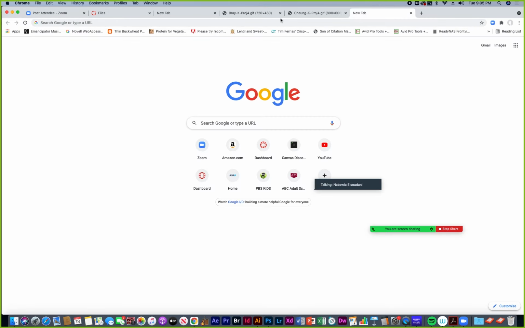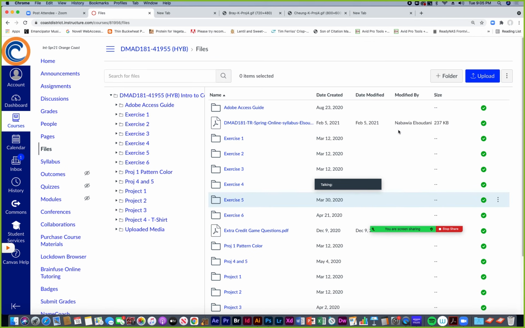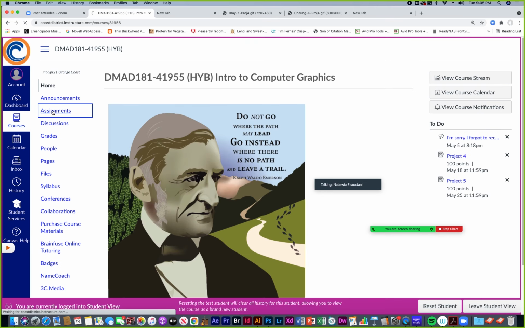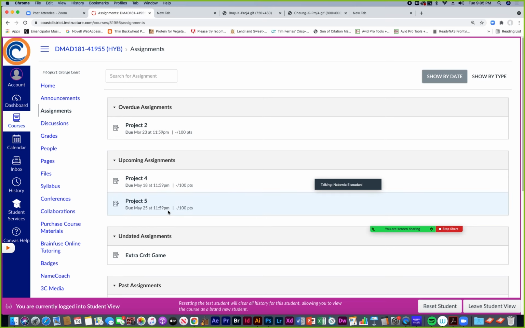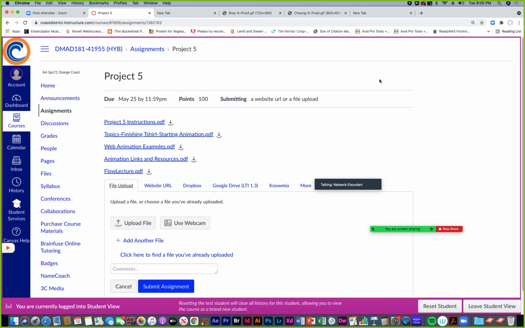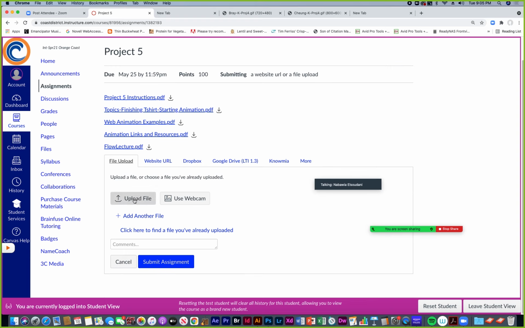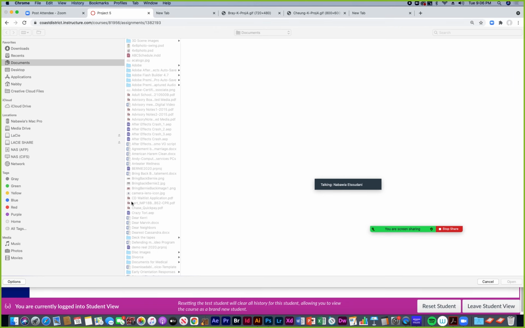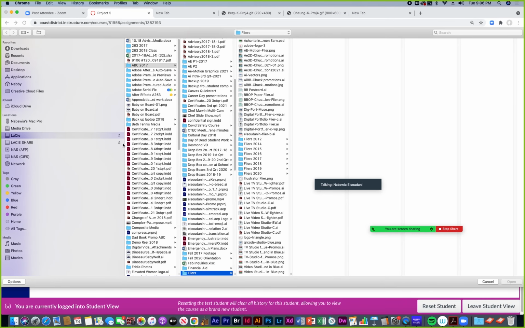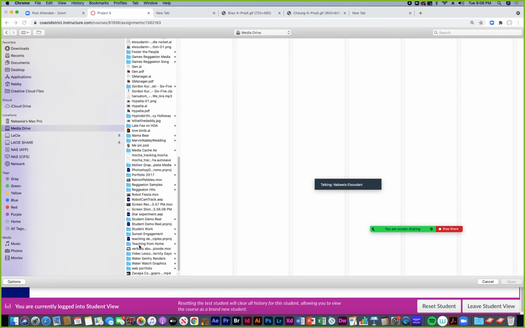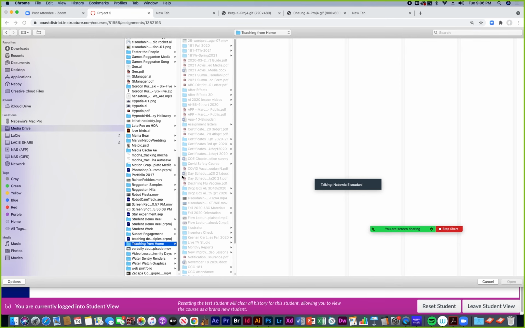And then to turn it in, let's see, am I in student view? We just go to the assignment and go to project 5 and then just click start assignment and then upload the file, choose file, and then just choose your 2 files, one after another, before you submit.